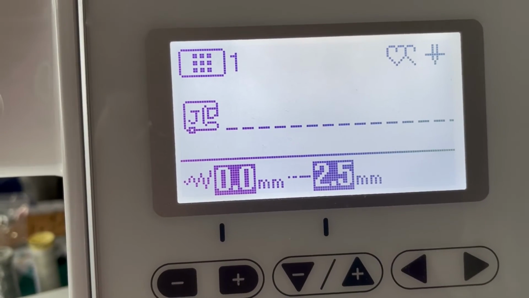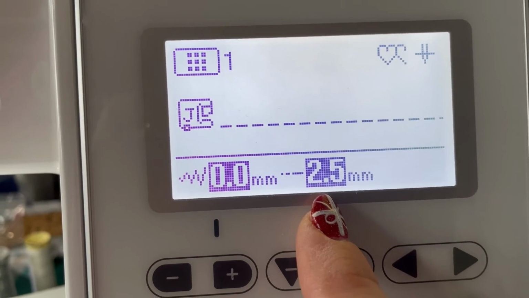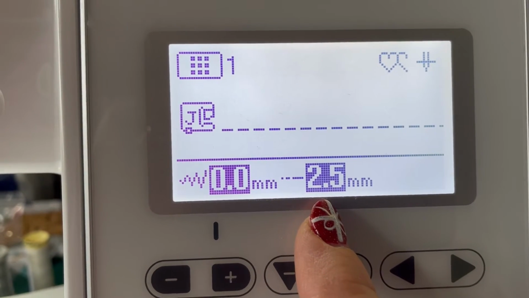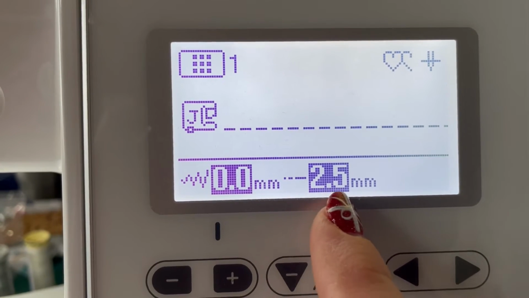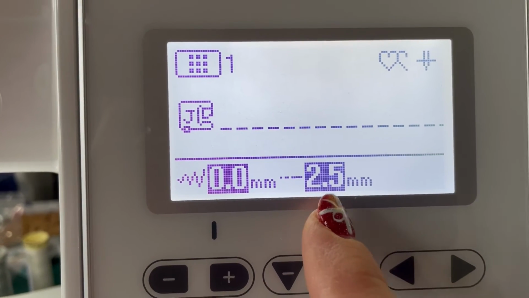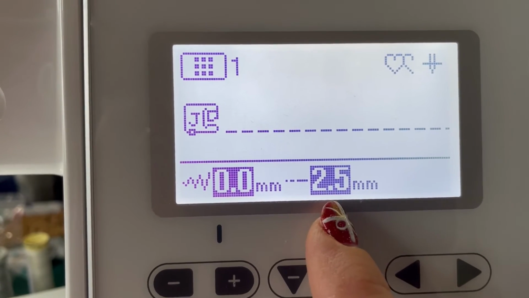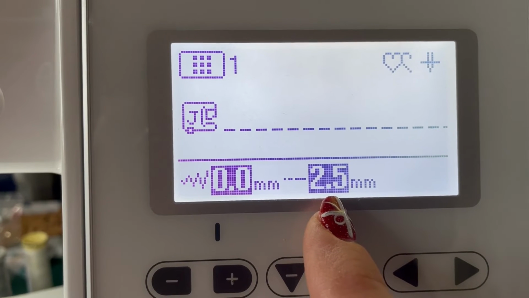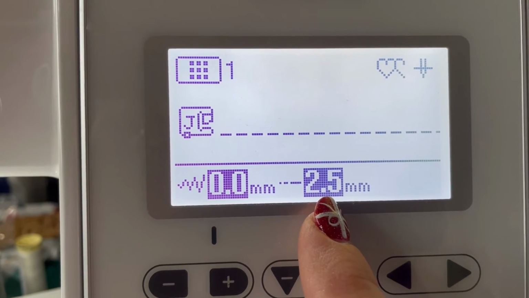Now your stitch length on a machine would tend to default to 2.5 millimeters when you're on a computerized machine. If you're on a manual machine, you need to adjust it to 2.5 on the dial. Don't worry, I'm going to show you where to find that in the next couple of machines, but this is the standard stitch length you're looking for,